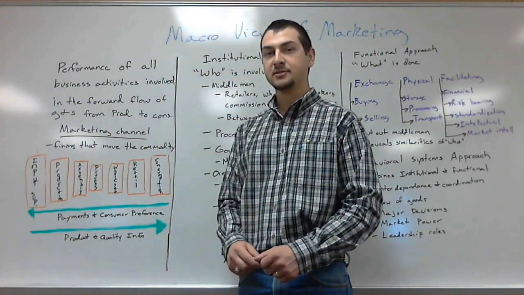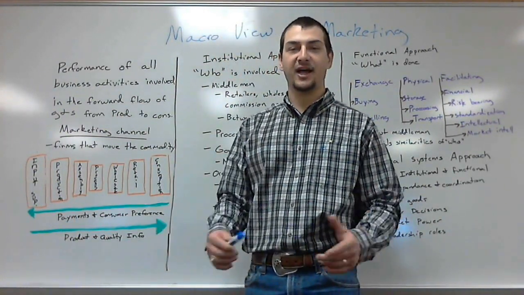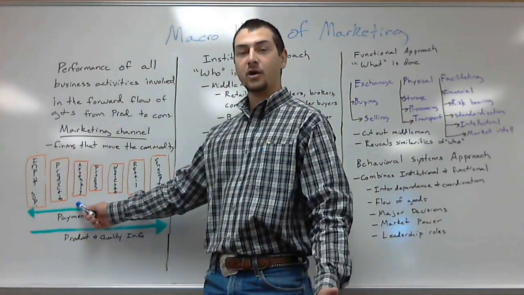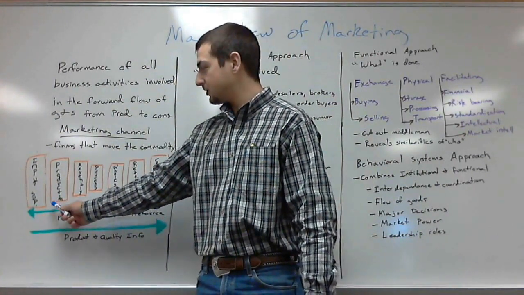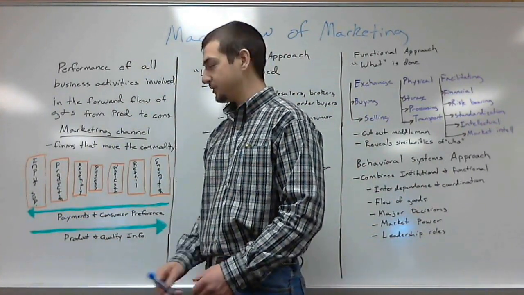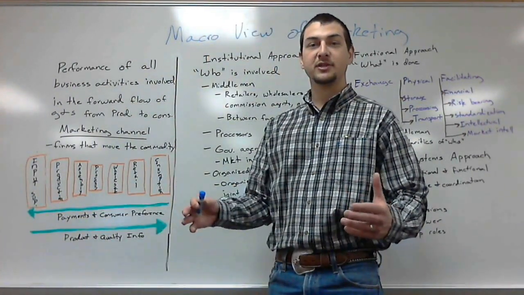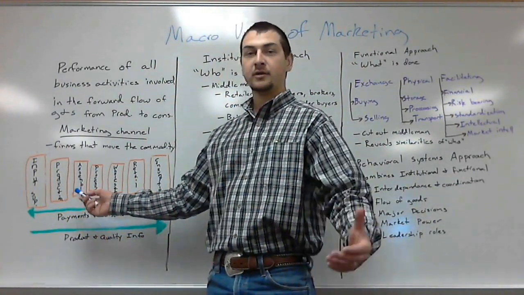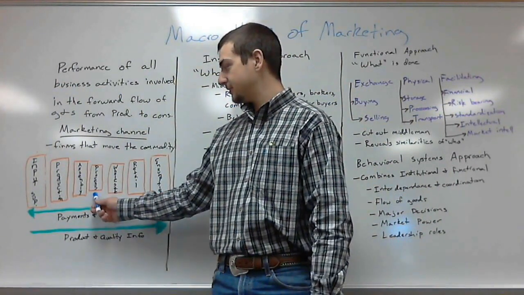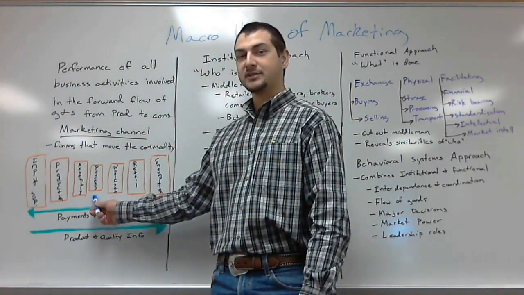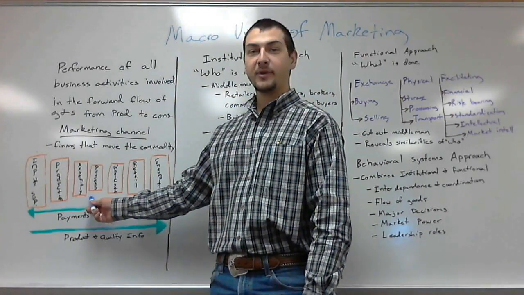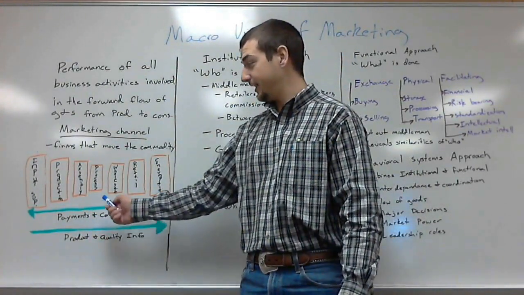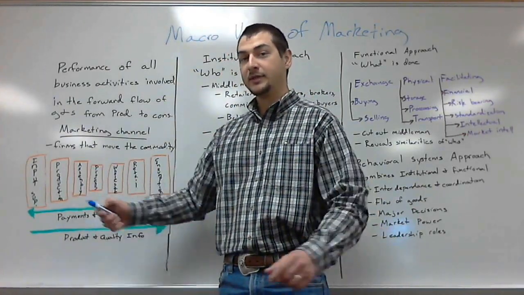What about processors? If we look at just the livestock industry, how many ranchers are out there? And how many auction barns are out there? Well, there are fewer auction barns than there are ranchers. What about those that are in the feedlots? Are there more or fewer feedlots than auction barns? Well, there are fewer. Feedlots would be part of this processing aspect. If we think about the packing plants, how many packing plants are there out there? Well, there are going to be a lot fewer than the number of feedlots.